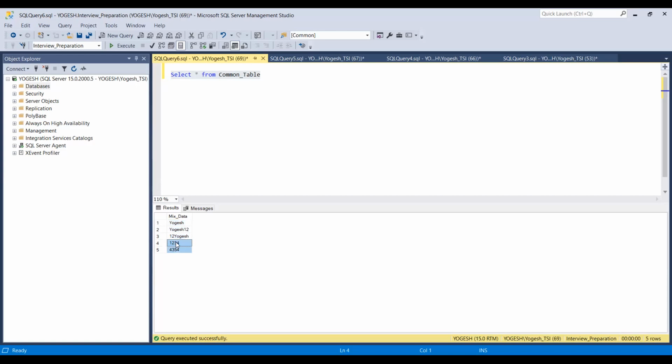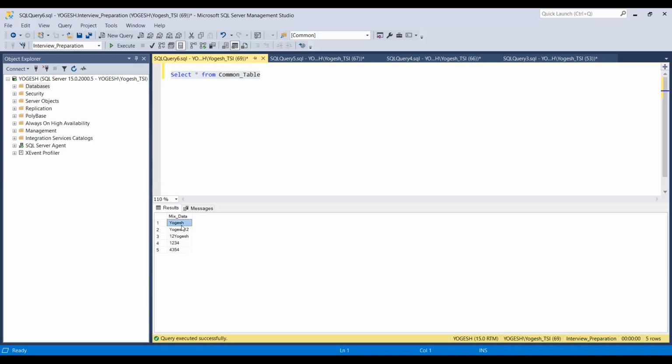Okay, let's see how we can do it. Guys, do you remember when we learned normal SQL queries, where to use the case statement? In this condition, we are going to apply multiple conditions: from the same column I will extract the integer value and the character value as well.